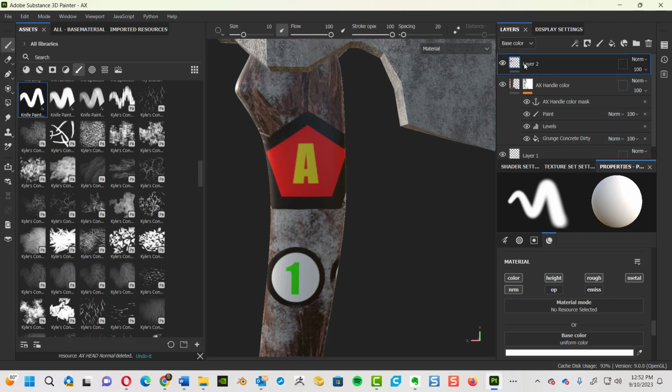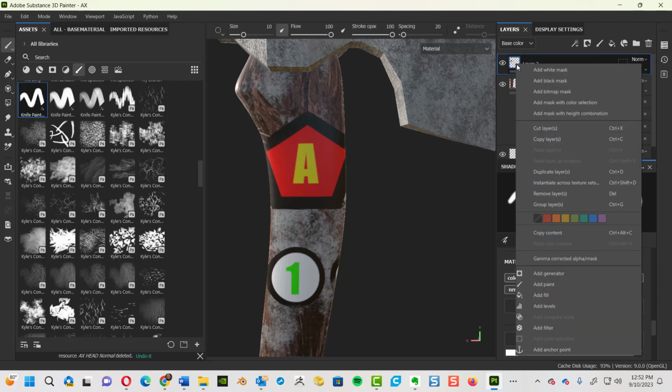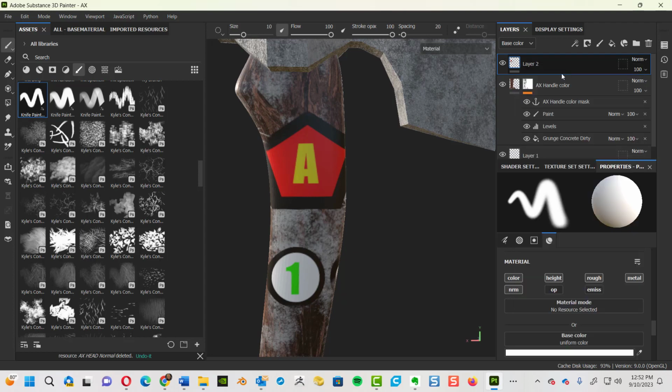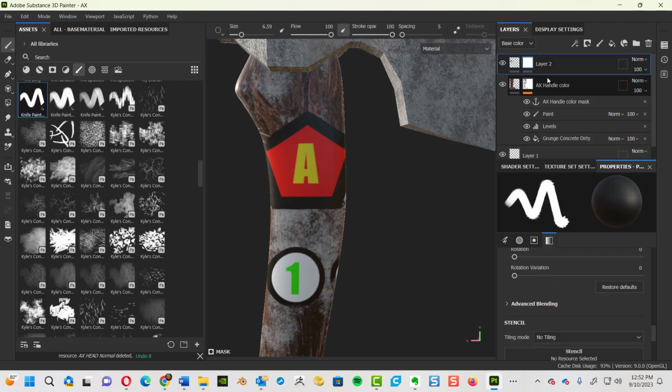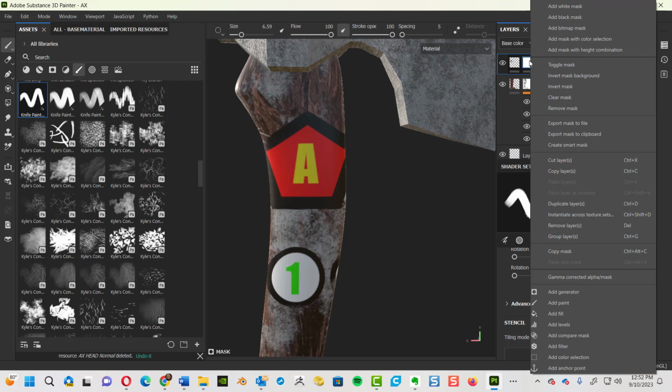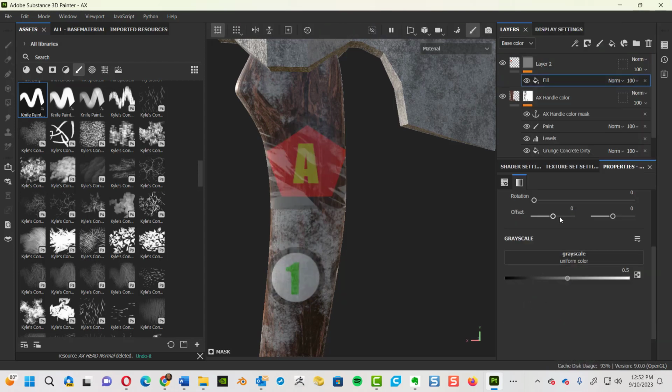The first thing we're going to do is add a fill command. So right click, and we're going to fill with a white mask. All right, so I'm adding a white mask. After we add the mask filled with white, I'm going to right click on that mask, and we're going to come down here and add a fill to this. Okay, so now that the fill has been added to it,